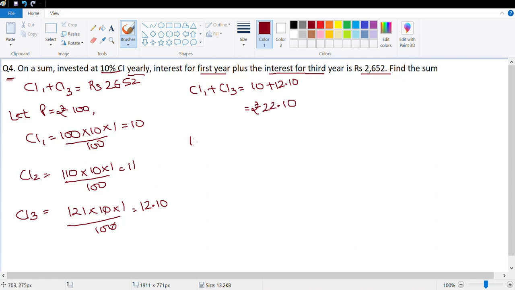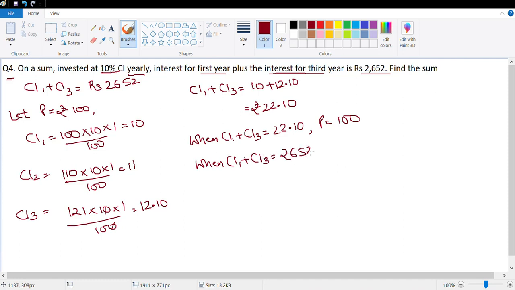So in this case, CI1 plus CI3 is equal to 10 plus 12.10, which is equal to rupees 22.10. So when CI1 plus CI3 is equal to 22.10, P is equal to 100. In this case, when CI1 plus CI3 is equal to 2652, P would be equal to, again, unitary method. So that's 2652 into 100 upon